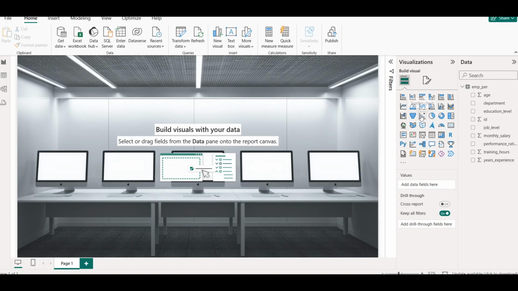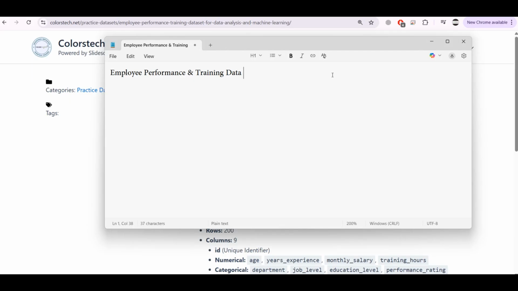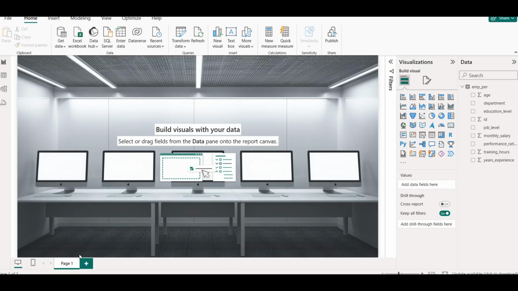First of all, we will add a heading for our data set, what we are going to do. It's the employee performance and training data analysis dashboard. So obviously dashboard is understood. This is dashboard 1. This will be a multi-part series. In the first part we will do simple exploratory data analysis, and in the second part we will try to answer some